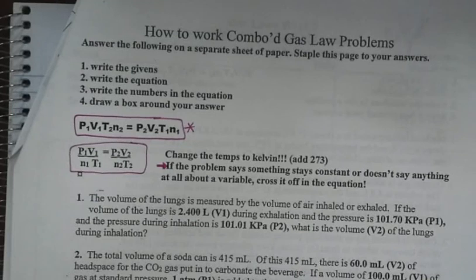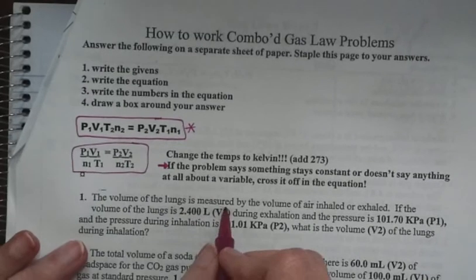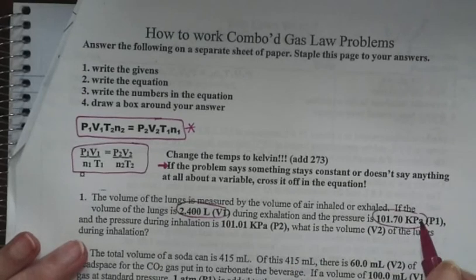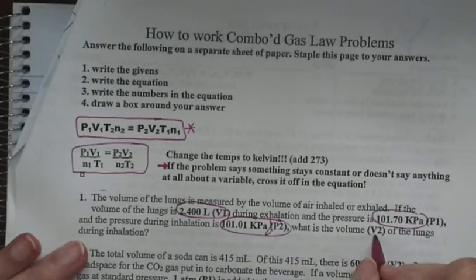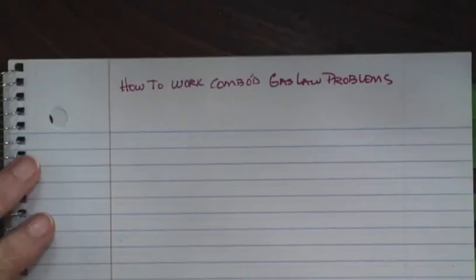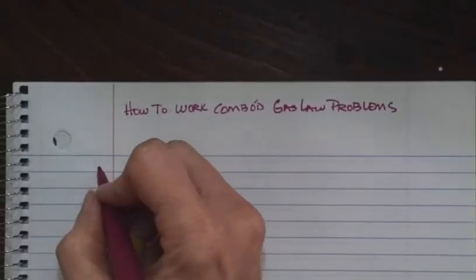I've bolded these for you just on this first page so you can kind of figure out what's going on, but it's a really good idea to go through and circle your numbers. Don't forget to circle the unit of measurement along with it right here, and then your unknown. So your first step, it says write the givens. If you print your paper off, it doesn't matter. You need a separate sheet of paper and you can put your stuff in here. So number one,